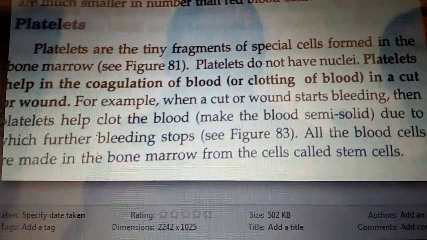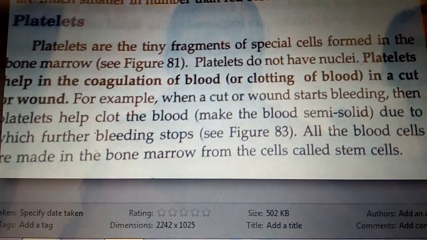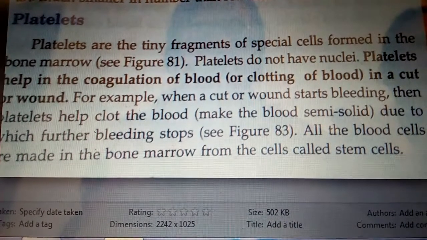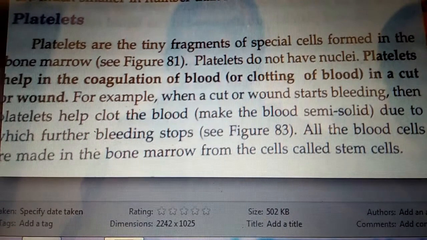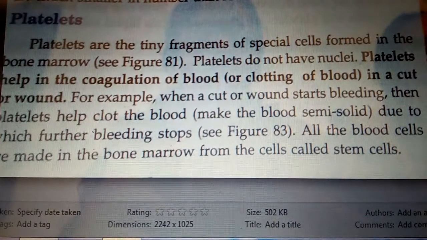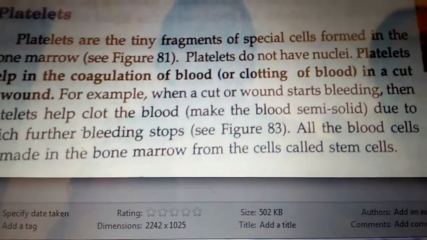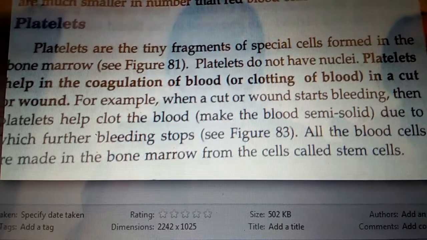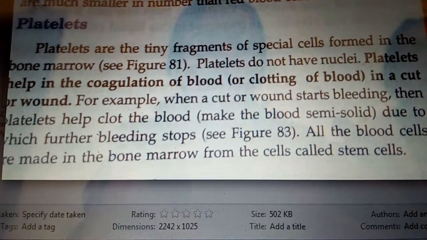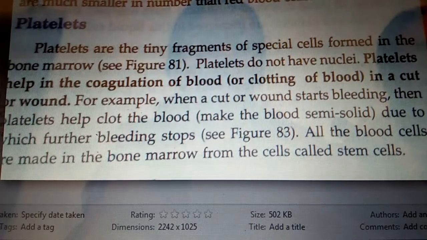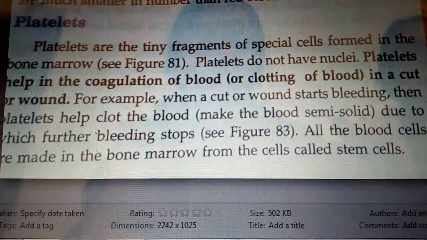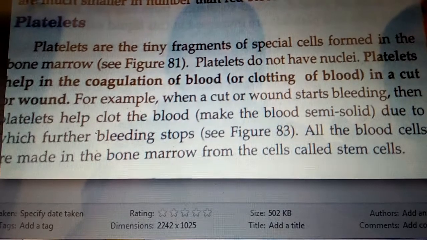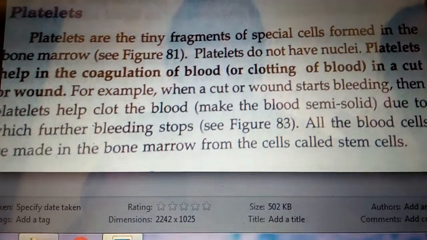When we get some injury, when blood is coming out of the body, if it is a small scratch, after some time the bleeding stops automatically. It stops due to the presence of the platelets. Platelets help in the clotting of the blood. We know blood is in liquid form, but when it is exposed to the outer atmosphere, these platelets cause the clotting of the blood, and it blocks that part of the blood vessels, so the blood cannot come out. So platelets play a very important role in the clotting of the blood.